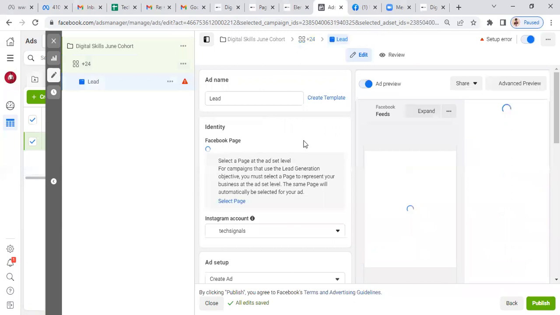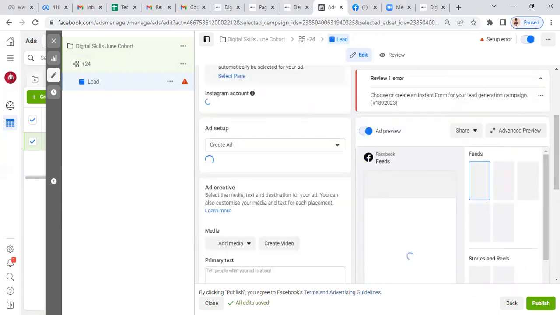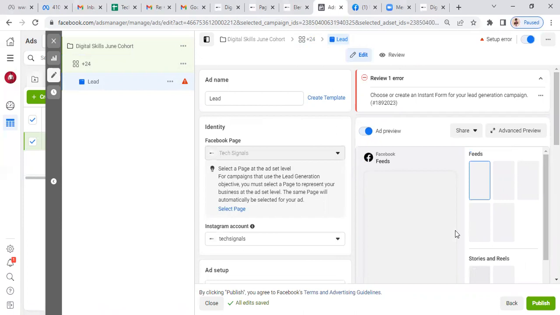Now, this is the last stage of setting your ad, the last stage. So let's hold on for it to finish loading. Okay. All right, so now